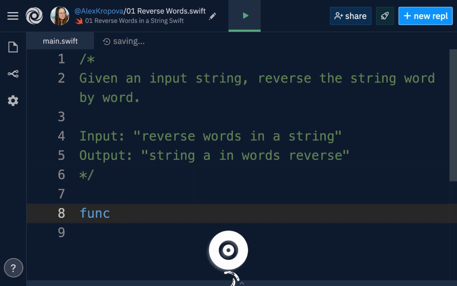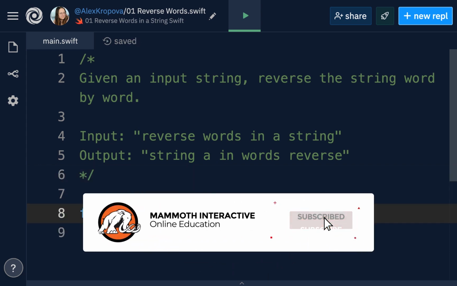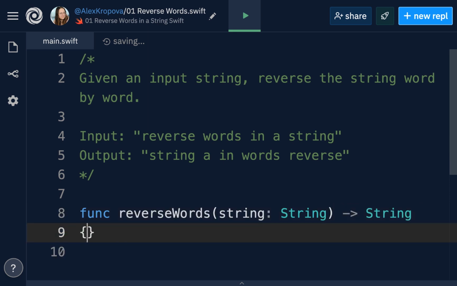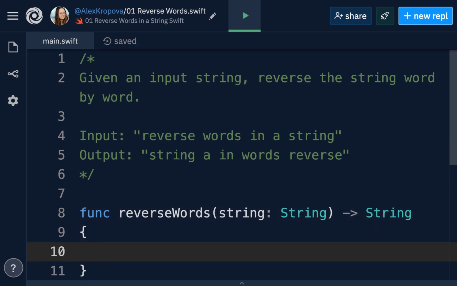Down here, we'll open up a function and we'll call this reverseWords, and this function is going to take in a string, and it will also return a string, and that will be the reversed string. What we're going to do is make a function that is going to be a buffer string, because we have to use a buffer string to enable us to mutate a string. A string buffer is the same as a string, but it can be mutable.